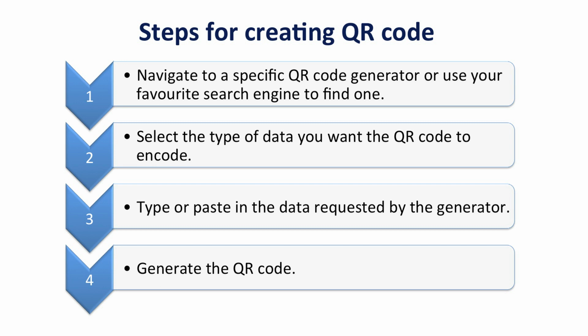So, whatever you want, first you search on this search engine, and second step is you select the type of data you want to QR code and encode, that is all. Then the third step, once it is generated, simply paste it on the particular place where you want, or you can embed the same code in your website. So, that is very easy. If you want to print, then you can generate a printout QR code also, that is very easy.